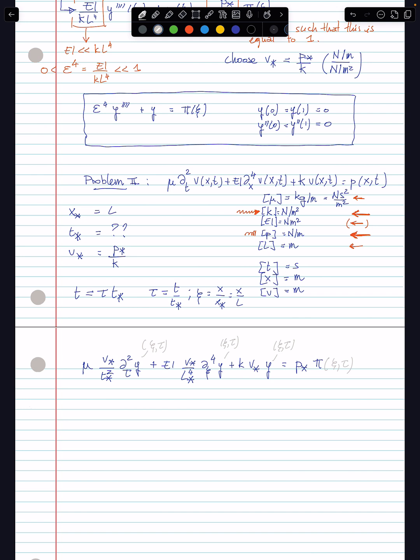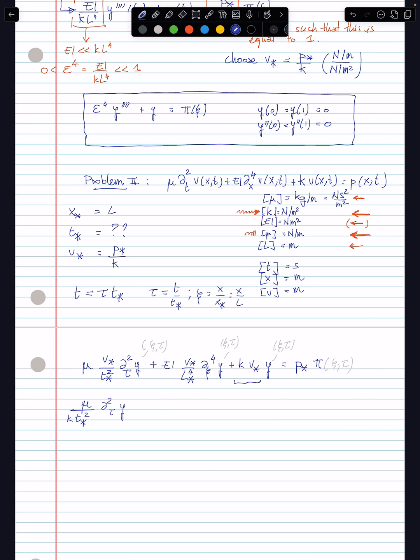And so, of course, if we choose again the characteristic V as P over K, then we see that K times V star is again our characteristic force per unit length. And we can divide left and right by that quantity. So if we do that, we have mu multiplied by V star, which actually drops, divided by K, T star square,